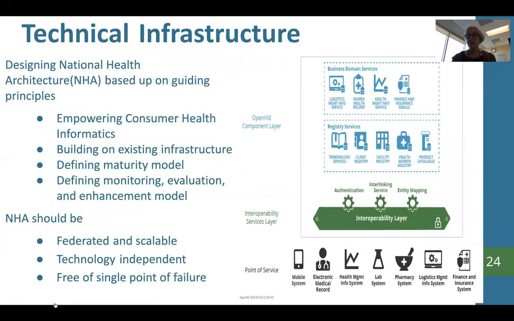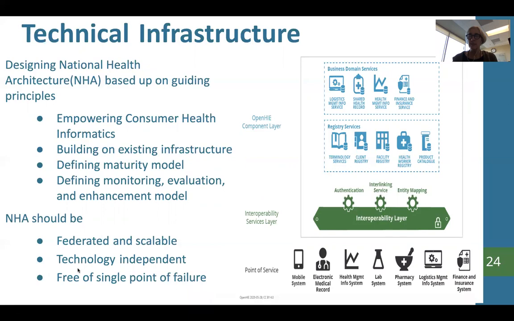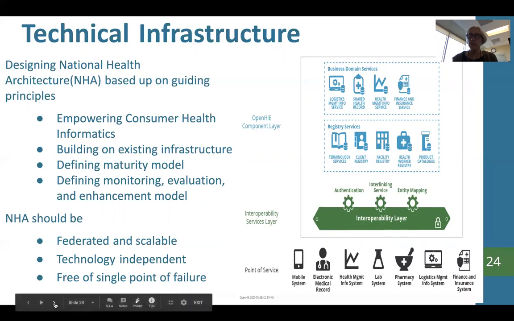You've seen this slide, and you'll see it multiple times through the OpenHIE training, where we have this national health architecture, which is based on principles. You can see those principles listed here. What we know is that we need to build on infrastructure. That infrastructure now really needs to incorporate standards, and we need to include the ability to monitor and evaluate and enhance that model. Enhance the model means that we can extend it. If new standards come across, we'll be able to implement those, and it can be technology independent. Standards allow us to be technology independent because the standards are independent, and we can use them independent of the technology.